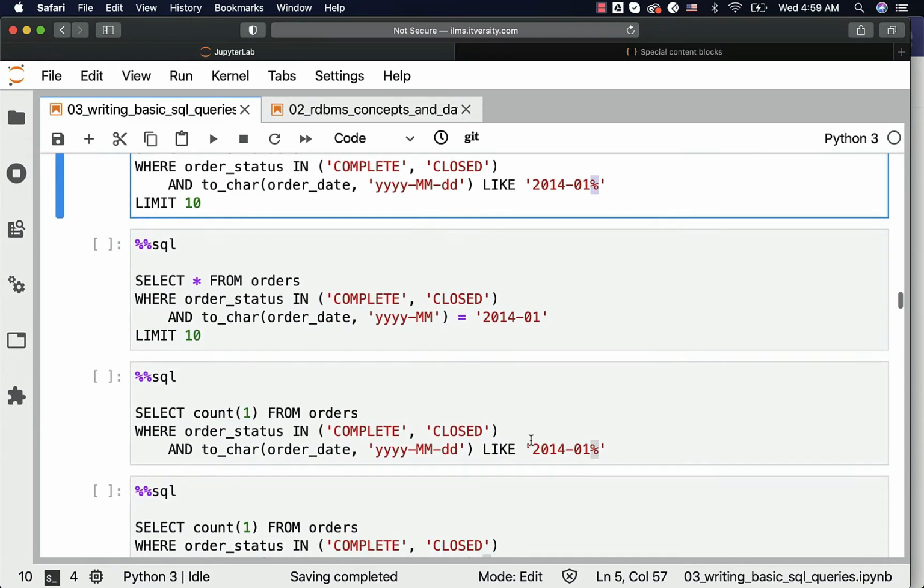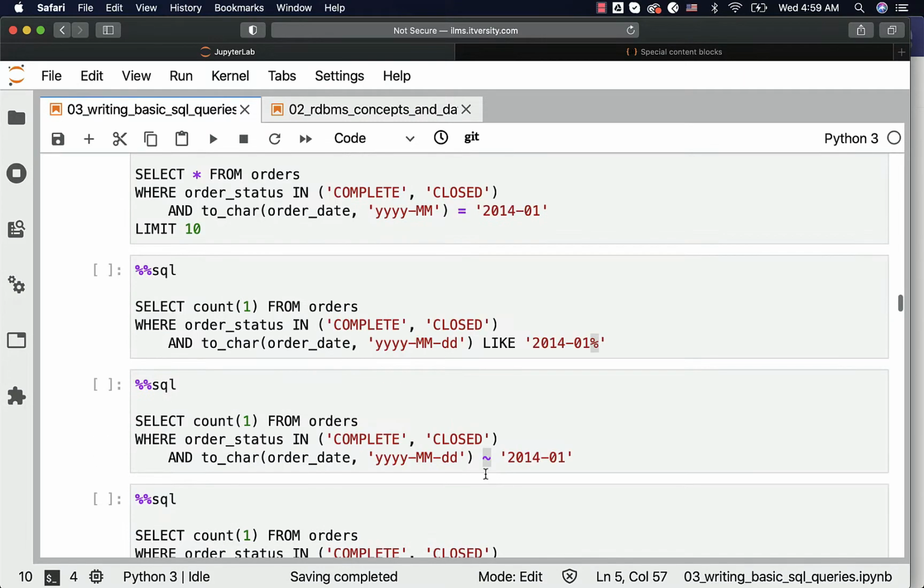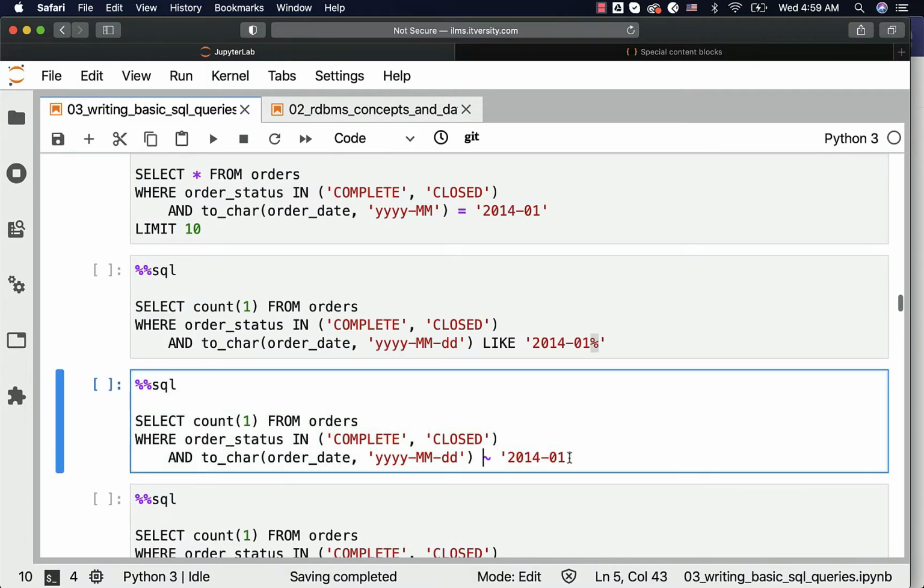You can also use the tilde operator like this. You don't need to specify percentage if you are using tilde for pattern matching. You can also have regular expressions here. Tilde is nothing but a key which is on the left side of 1. You have to just hit shift and that key which is on left side of 1 and you will get tilde. Other character that can be printed using that key is backtick. If you use shift to hit that key on the left side of 1, you will get tilde.